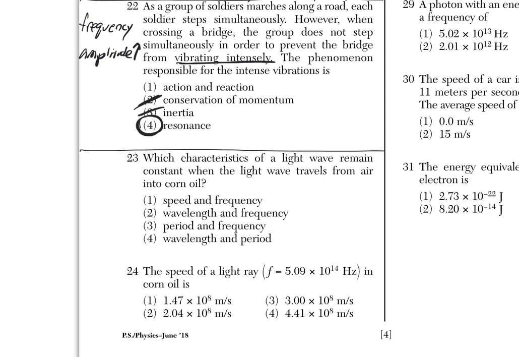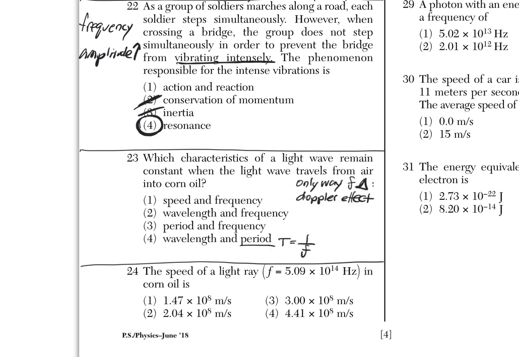And actually, frequency is in all three of the first three, and even period. Period does stay the same because period is related to frequency. T equals 1 over f. And so period stays the same, frequency stays the same. But I can tell you if I go from air into corn oil, the